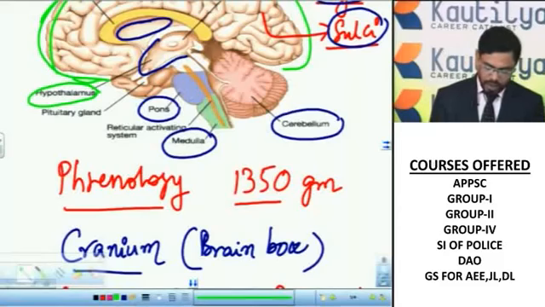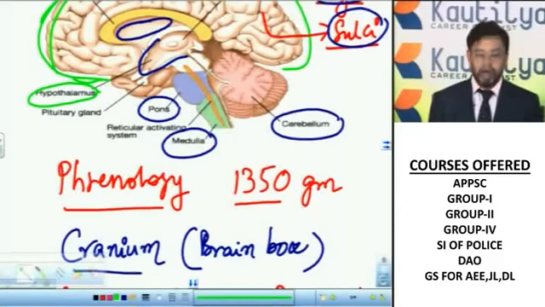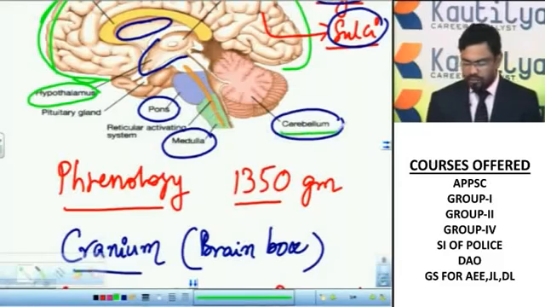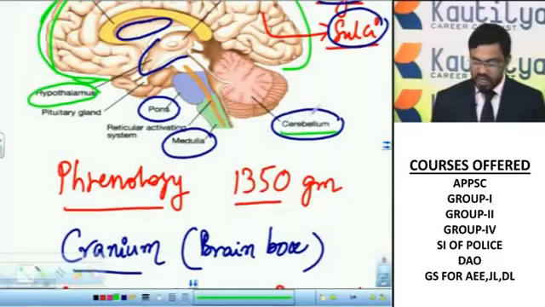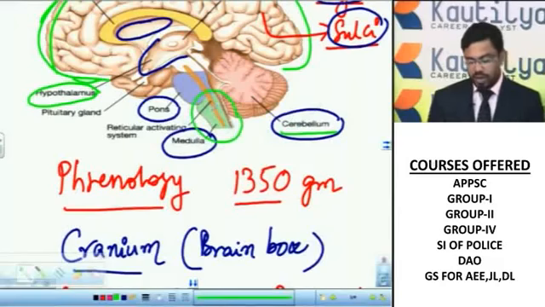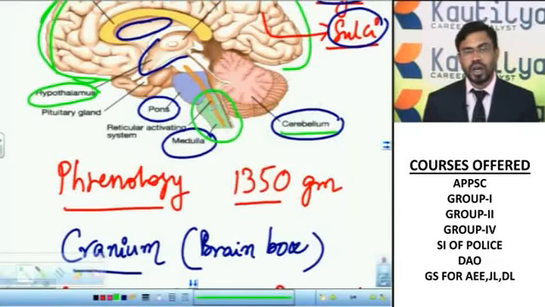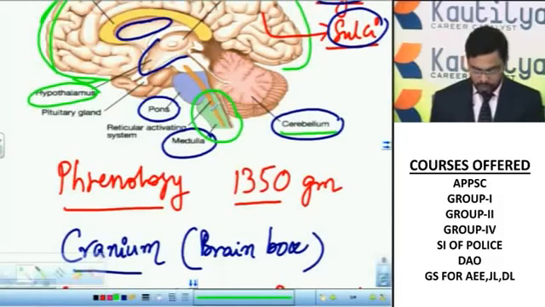The medulla oblongata is the posterior part of the hindbrain. The cerebellum, also called the small brain, controls the musculoskeletal movement. The medulla oblongata is a very sensitive part of the brain. It controls most of the involuntary actions like heartbeat, respiration and secretions of the internal digestive juices. All these are under the control of the medulla oblongata.